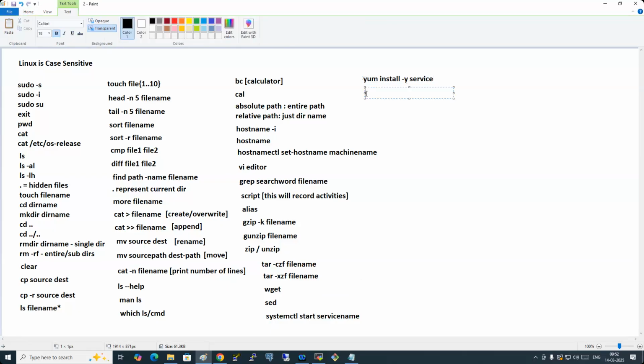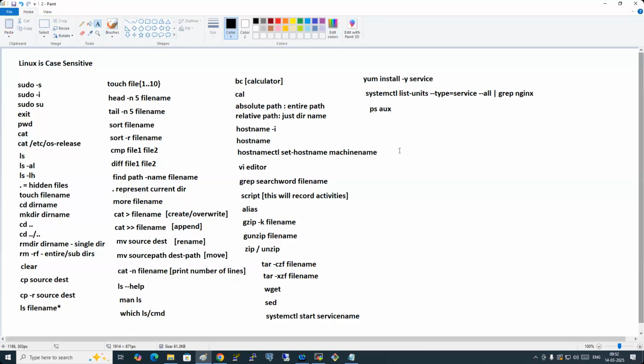Next, what did we do? List all: systemctl list-units --type service --all. And then if you want a pipe, grep nginx. Okay, and then just now we have learned about